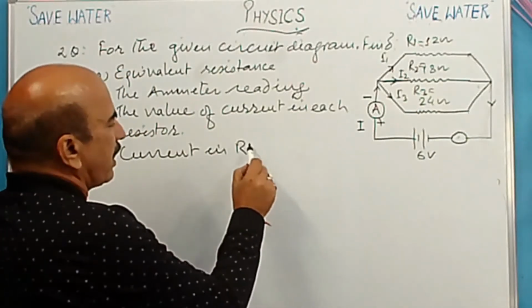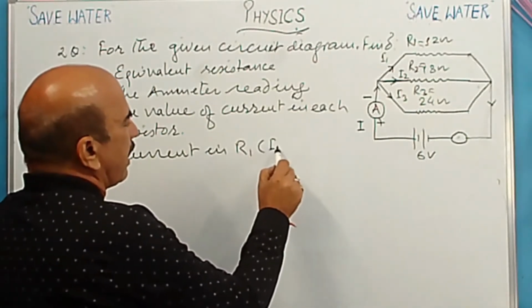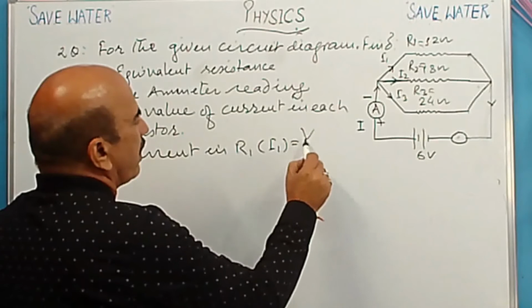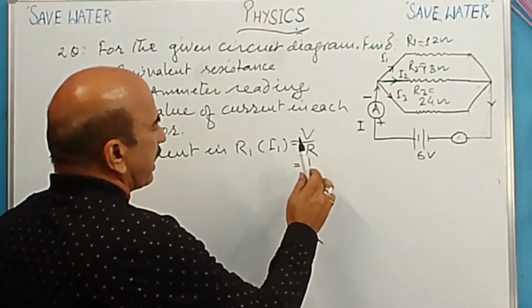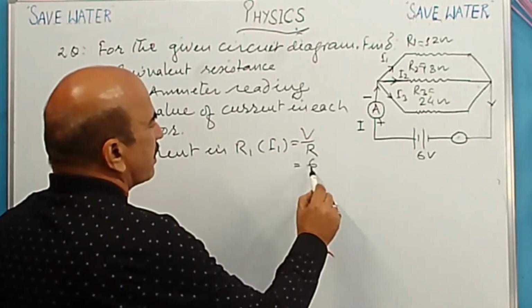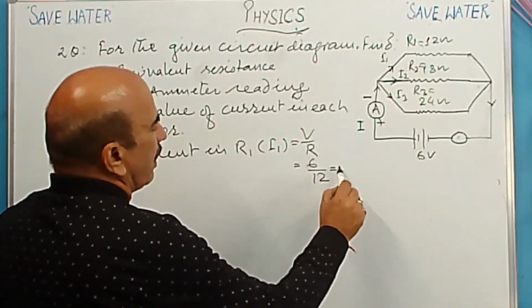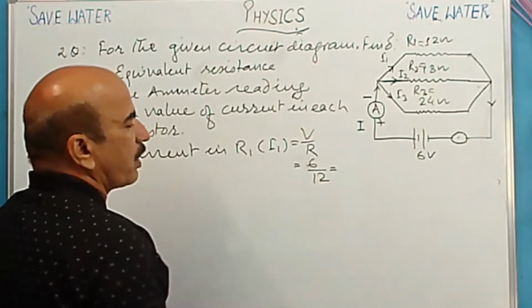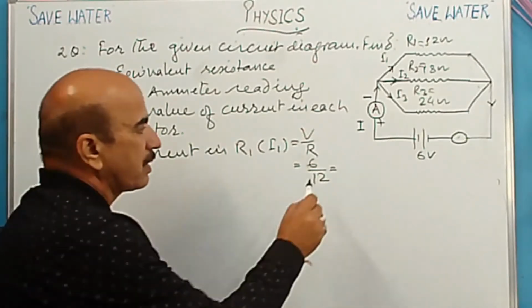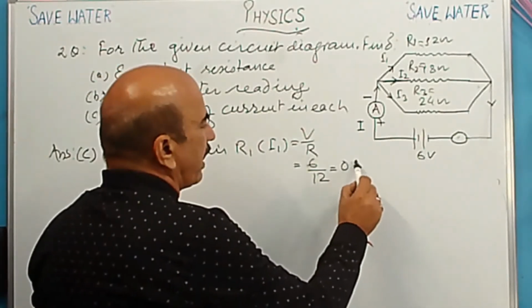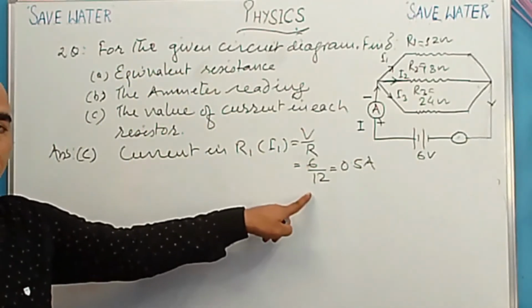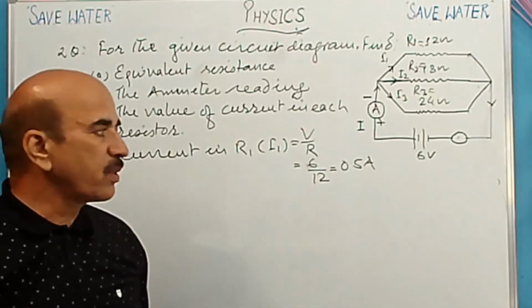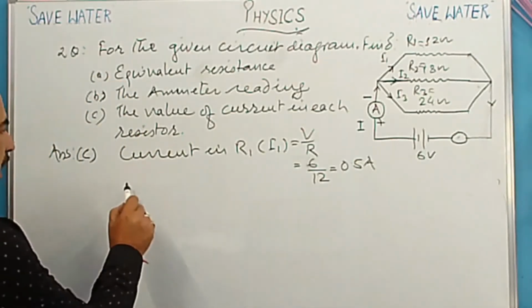तो करंट इन R1 कितना होगा? This is I1 is equal to V upon R. V is how much? 6. It is 6 upon 12 and it is 6.12 means कितना आ जाएगा? Yes, it is 0.5 ampere. Because 6 to the 12, 1 upon 2. 1 upon 2 means yes, 0.5 ampere. Similarly,